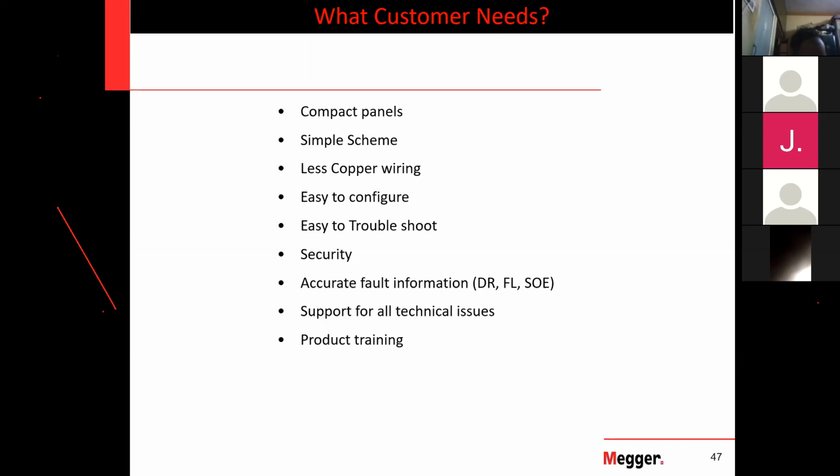Accurate fault information. So this is also very, very important. So what is this accurate fault information? 20-30 years back, if you imagine,